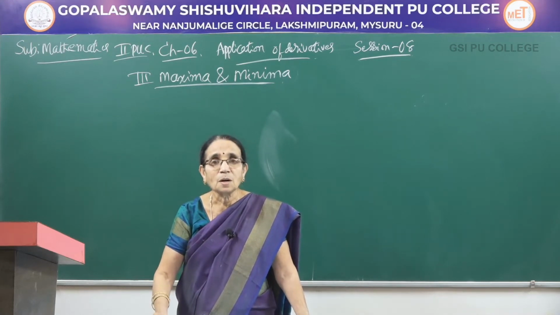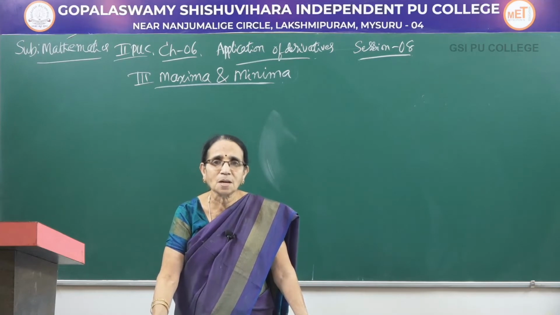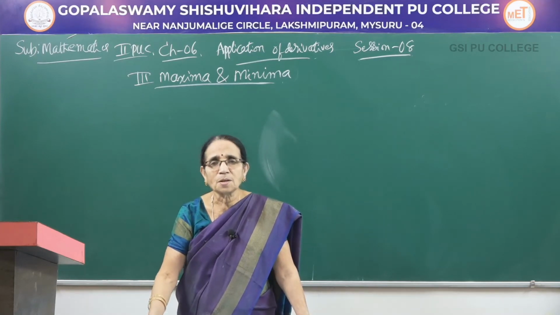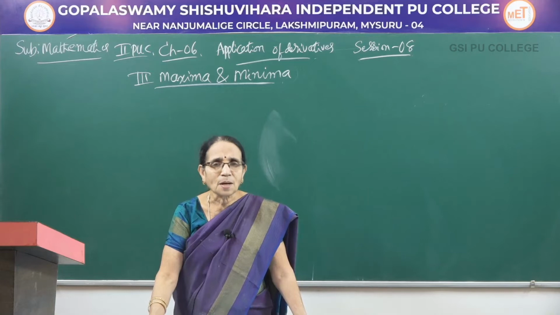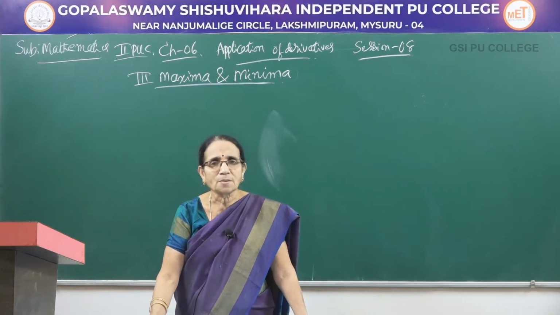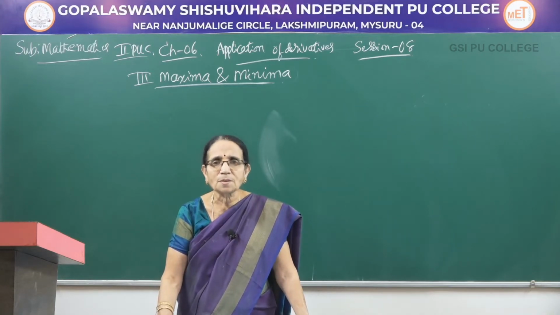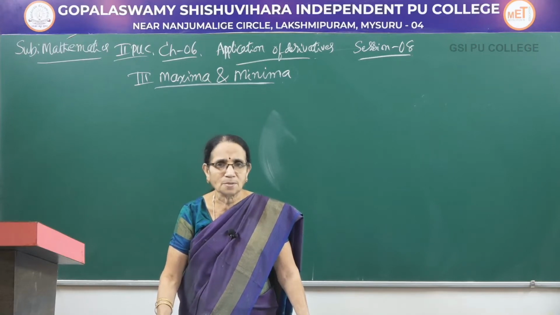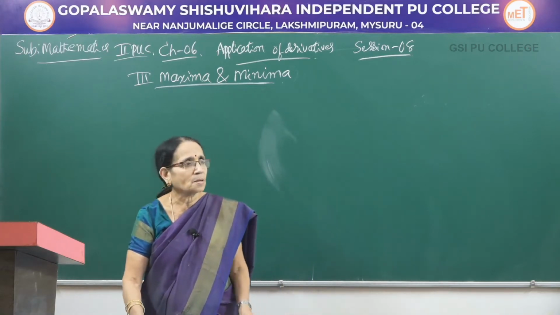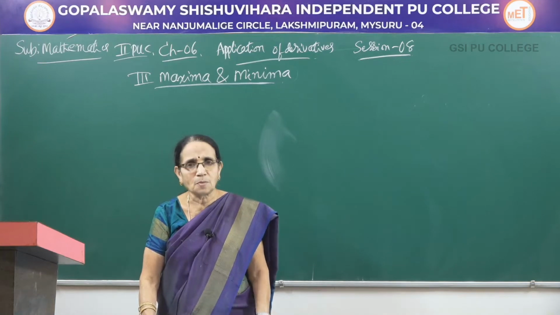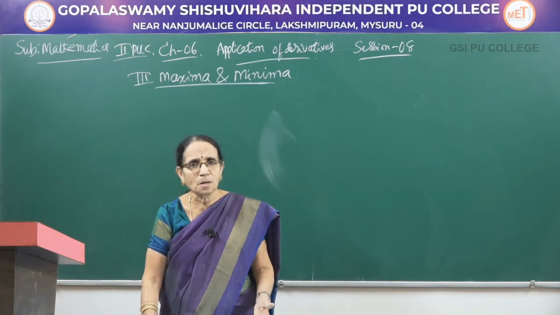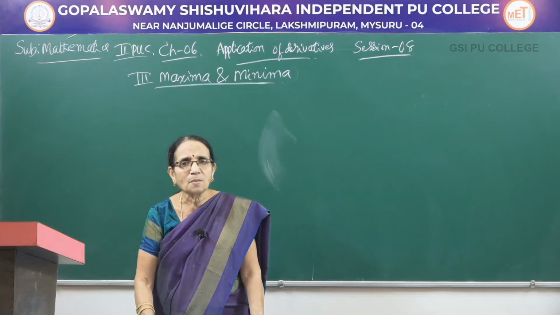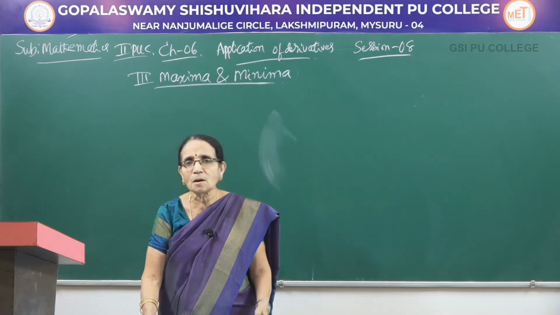which if the first derivative f dash x is greater than 0, then the function is strictly increasing. If f dash x is less than 0, it is strictly decreasing. If f dash x is equal to 0, it is a constant function. So, by considering the sign of the first derivative, when you give the values for that one at a particular point, we can say whether it is increasing or decreasing or neither.